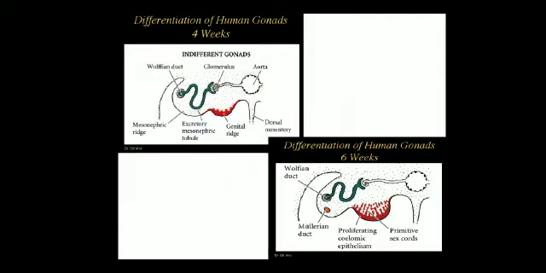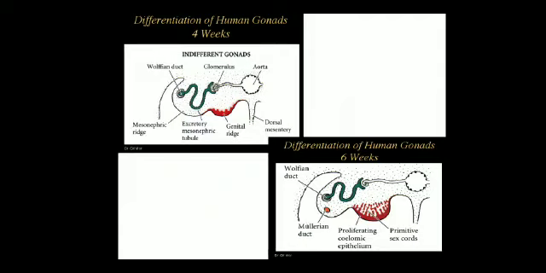The testicular differentiation starts with the appearance of primitive seminiferous cords from the germinal epithelium covering the medulla of the bipotential gland. At about the 8th week of gestation, Leydig cells appear in the interstitial spaces of the seminiferous tubules and